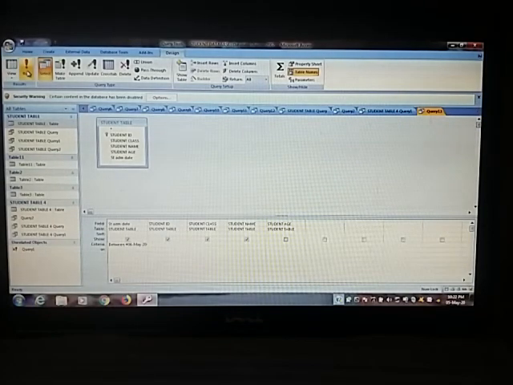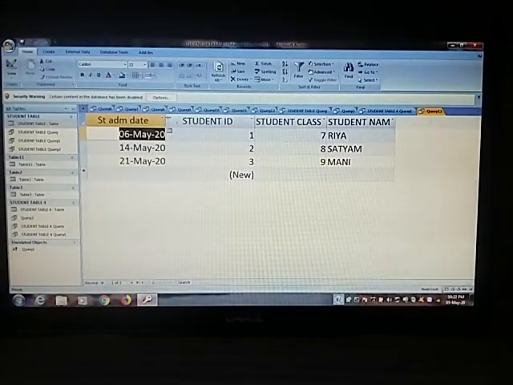So again click on the run command. You can see that student admission date, student ID, student class and student name are shown. So that is the use of query criteria. Through the query criteria you can find specific records.